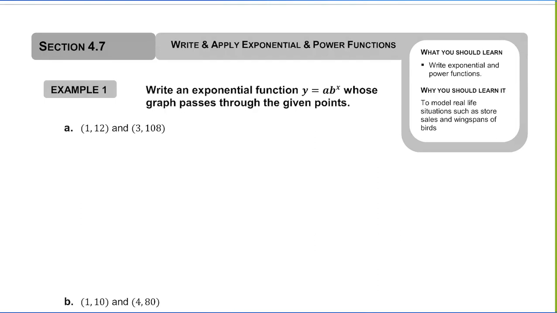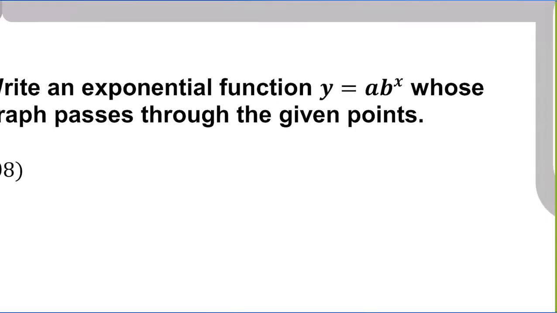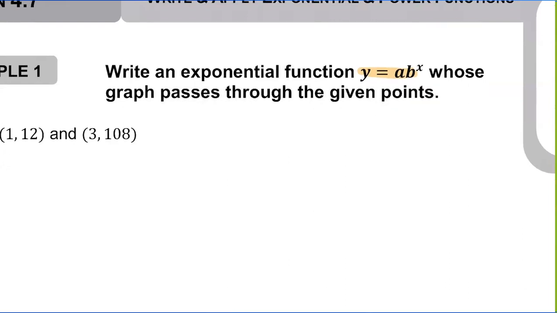So this should give you strong Algebra 1 vibes from back when we were given 2 points and you had to find a line that passed through them. It's similar to that, except we're trying to put it into an exponential function now. As a reminder, an exponential function is in this form: y equals a times b raised to the x. Our difficulty today is that we're going to have to solve for 2 variables at the same time, a